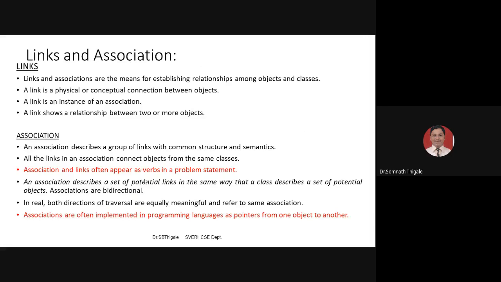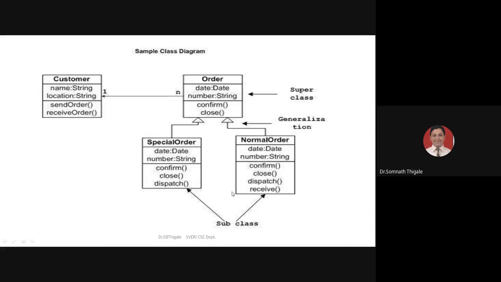Then we discussed the basic idea about association. Association is a simple semantic relationship. As I told you, regarding the difference between link and association, in the dictionary meaning both are the same. But from a designer's perspective we call it association, while from a developer's perspective we simply call it a link. A link is just a meaningful communication, or a kind of style in which the data exchange or flow travels from one point to another. So we simply call it a link. We also discussed a sample class diagram last lecture.